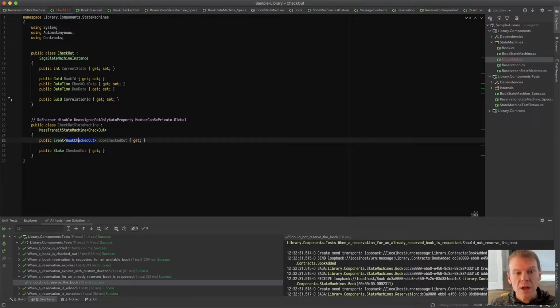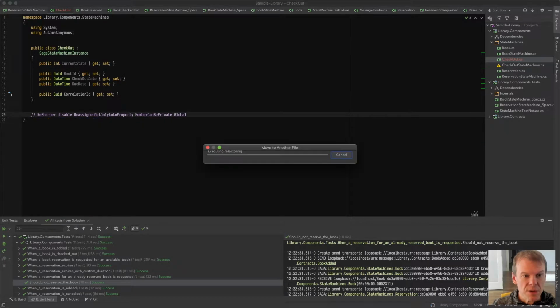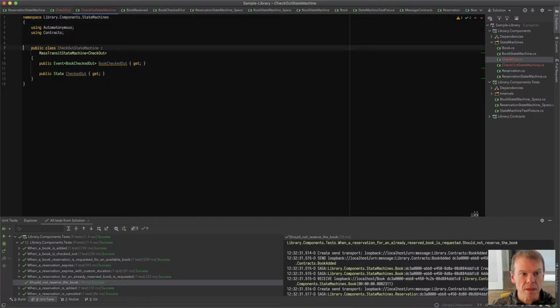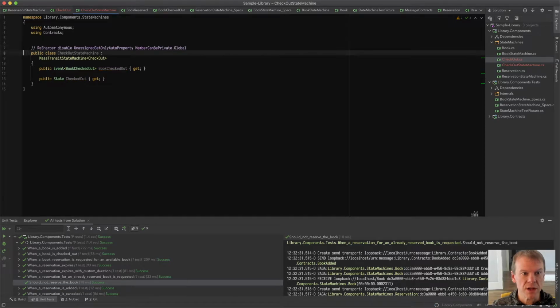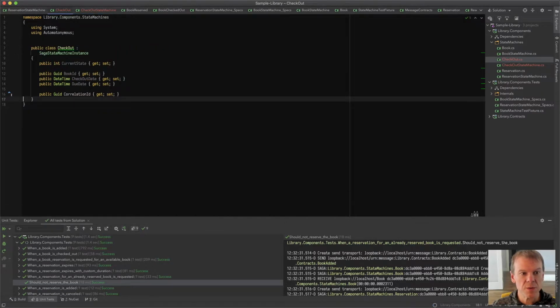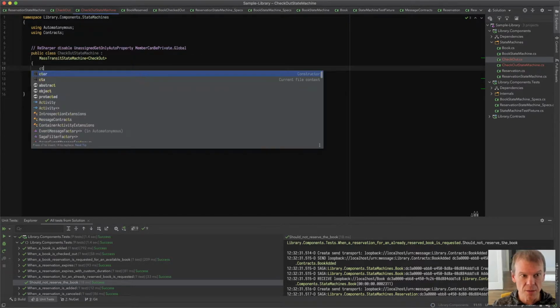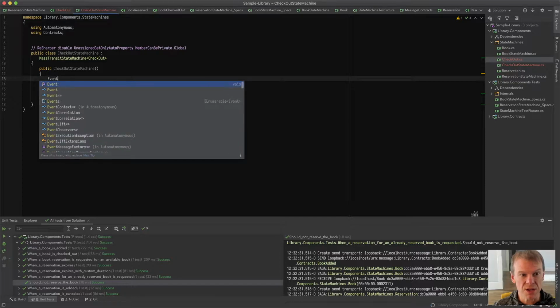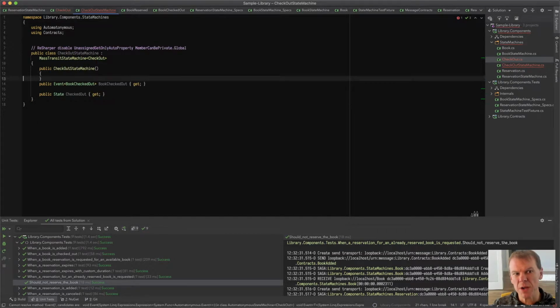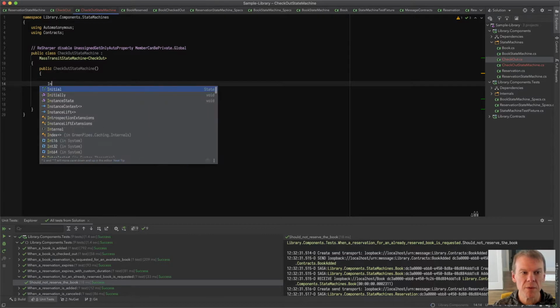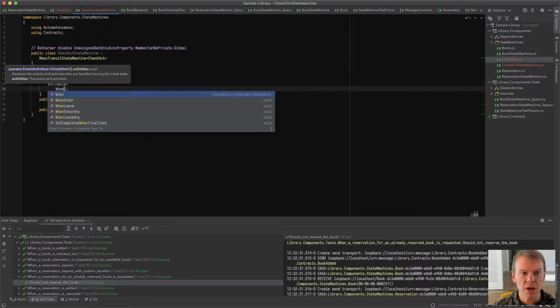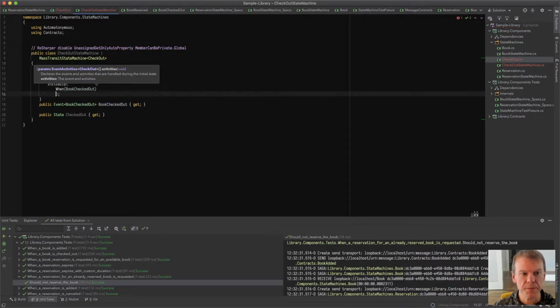Cool. So we are going to move this into another file, which of course means we have to go and cut this little header out so I don't get those little auto-fix warnings. So now we have this state machine, and the only event we're going to handle right now, at least initially, is the book checked out event. So again, we have to put our event declaration in here. Since it's by book ID, we don't have to define the event, but we do need our initially when book checked out, then